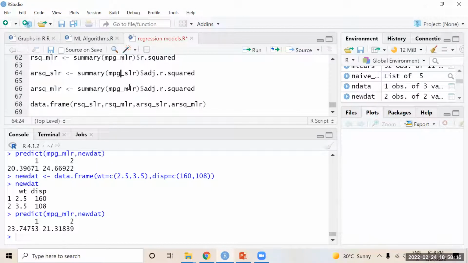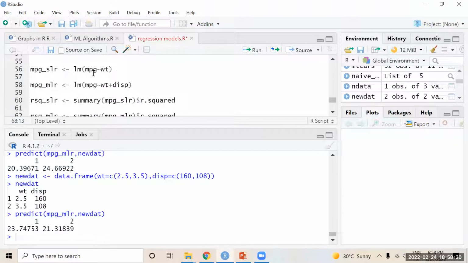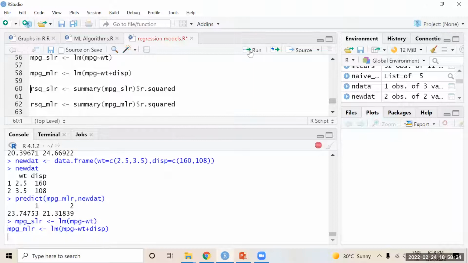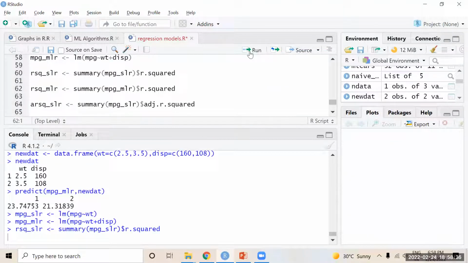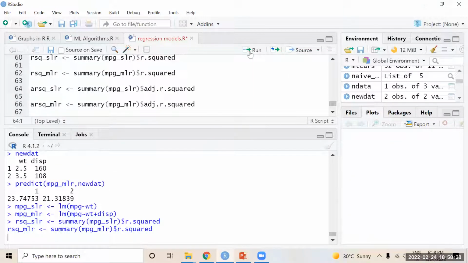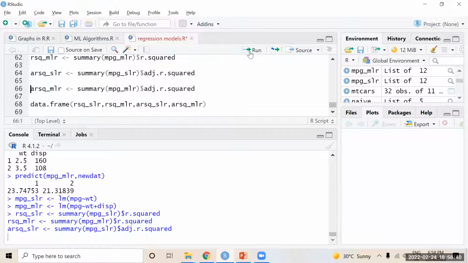For the same two models, I calculated the adjusted R square value also. And all these four values, R squared of the two models and adjusted R squared of the two models, will be converted into a data frame. So one by one I am executing. You see all the R square and adjusted R square values for both models.